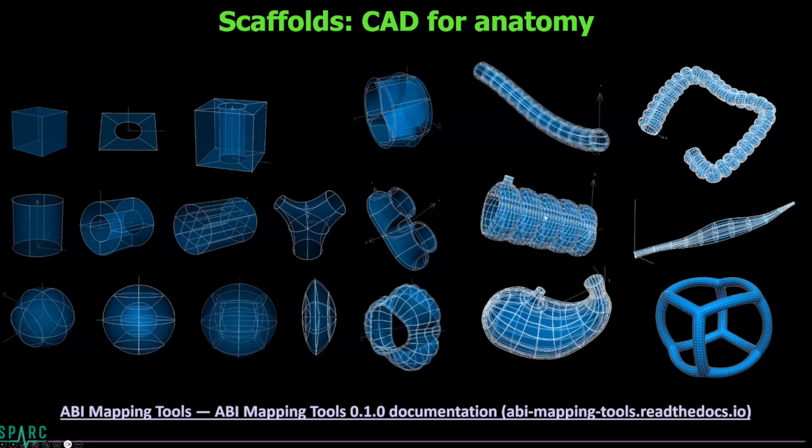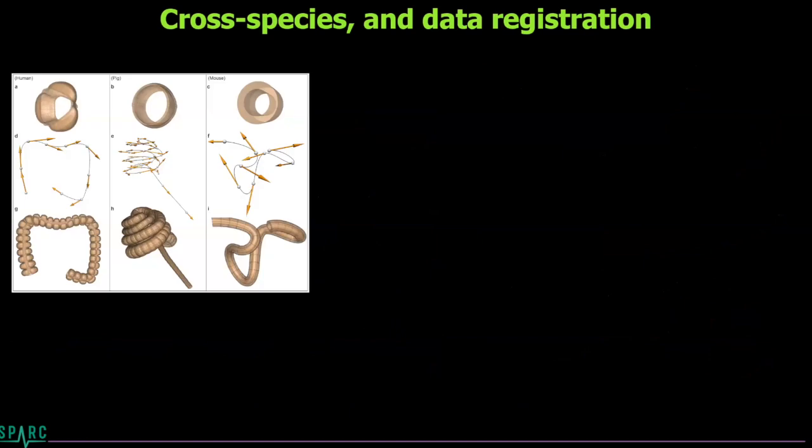Here's a stomach, for example. Here's an element of the colon. And I'll show you how these are used in the next slide. So a typical example would be where you want to be able to represent the shape of the colon, but do it in a way that's applicable to multiple species. So for human, pig, and mouse, in each case, there's a center line defined, which is obviously very different in the three cases. But once you have that center line, then we can define the haustra, representing the detailed